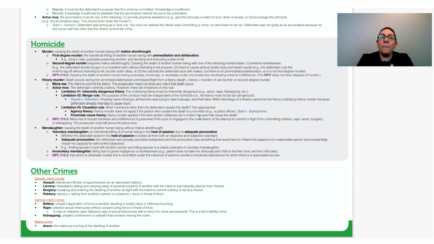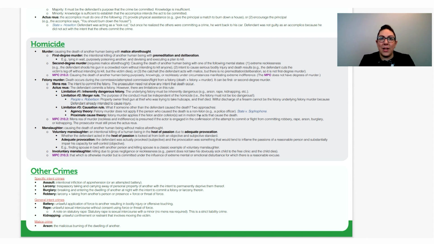So then if it's not a murder, our other option is manslaughter. So manslaughter is causing the death of another human being without malice aforethought. So you don't need that malice for manslaughter. You don't need the premeditation and deliberation. You don't need the extreme recklessness. You don't need the intent to commit serious bodily harm. So voluntary manslaughter occurs if you have an intentional killing. So it's an intentional act to kill another person, but it's done in the heat of passion